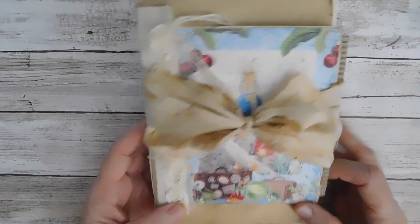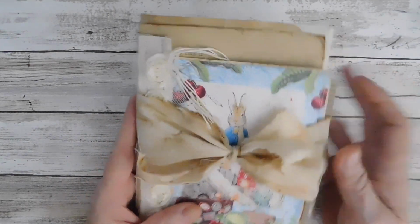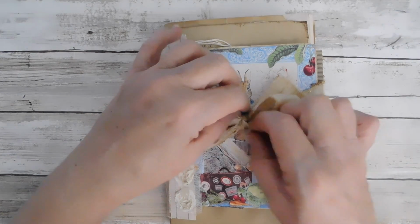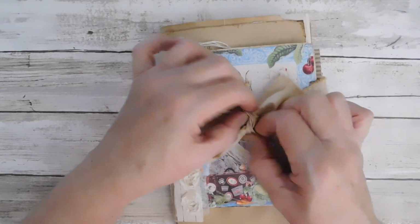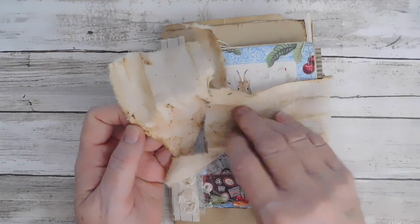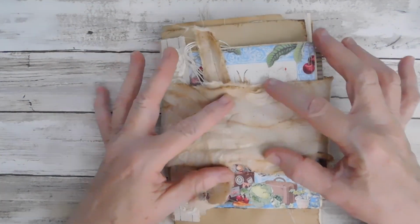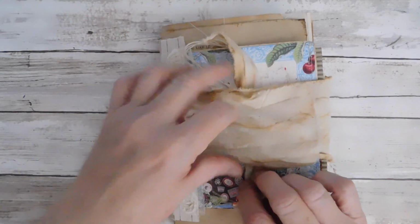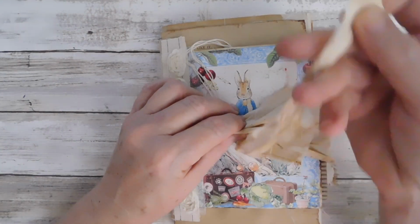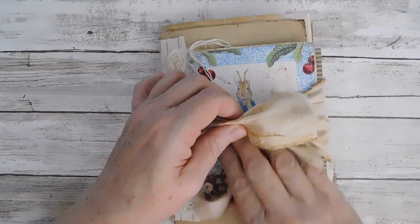I have got this fun closure on it, and this is a closure I have done on my last little journal. It's just a fun way to close it and send it out. Super simple. I just have a piece of wide cloth here, and I just kind of pinch it in the middle and then have this little strip there